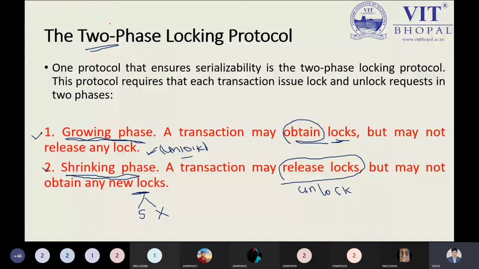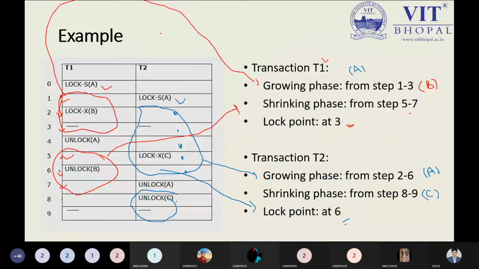By default, whatever we are doing is the growing phase, because for doing anything with the lock-based protocol, you have to use the lock protocol. So at the initial level, we can say we are part of the growing phase. Let us understand this with the help of a simple example. Whenever you have any problems, you can ask me. Right now I am sharing everything properly.